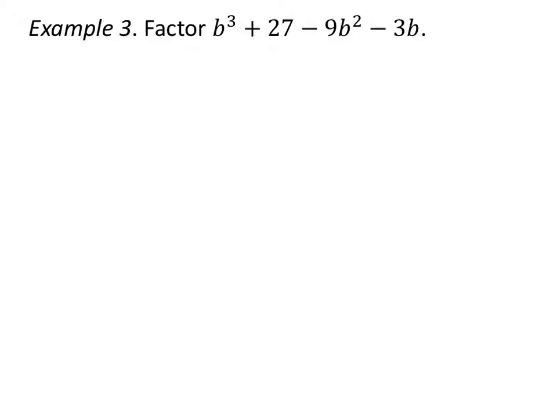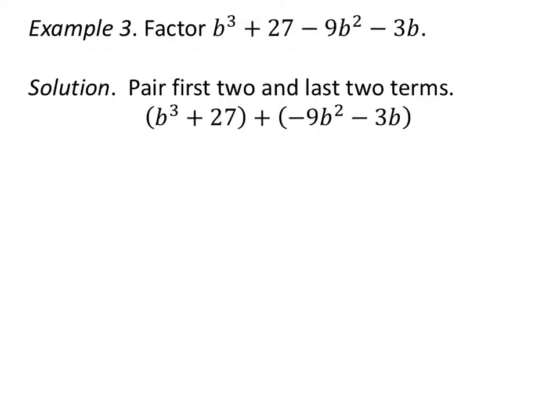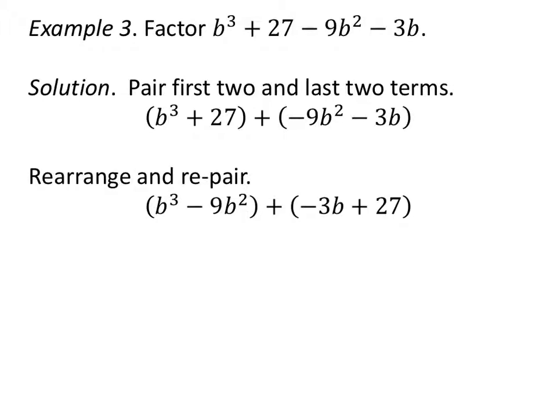Okay, let's look at another example. So we've got b cubed plus 27 minus 9b squared minus 3b. We'll try the strategy we did before. We're going to group the first 2 terms together, and group the second 2 terms together. Again, I just did this by inserting some parentheses, but I snuck the minus sign into the parentheses there. Now we look to see what each has in common. So we look at b cubed plus 27. I don't see any b in common to both terms, and there's no number, so I think that's pretty much as it is. And then we look at negative 9b squared minus 3b. That definitely has a 3 in it, and maybe I could even pull out a negative as well, because both of these are negative. It also has a b in both terms. So when we do this, we end up with,